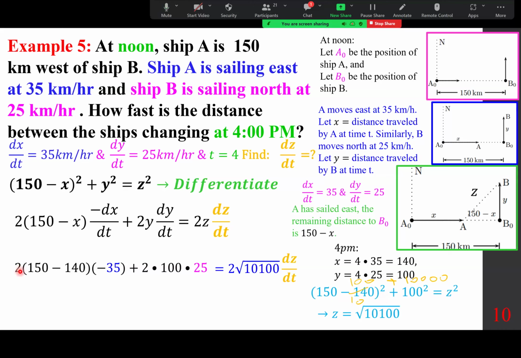Notice this is 2 times this, is 2 times this, is 2 times this. You can drop all the 2's, okay? And so this is 10. 10 times negative 35 is negative 350. And this is just 25 with two zeros. That means 2,500. So you have negative 350 and 2,500, which is basically